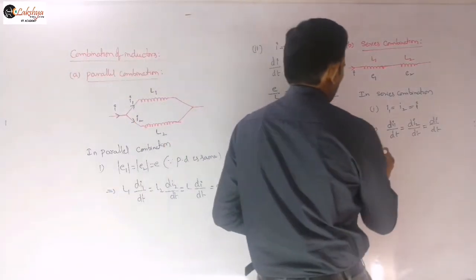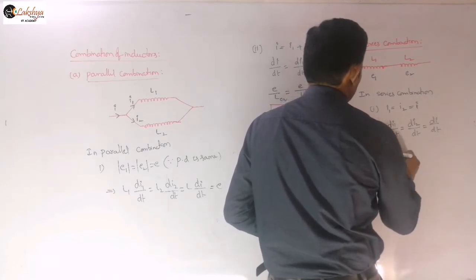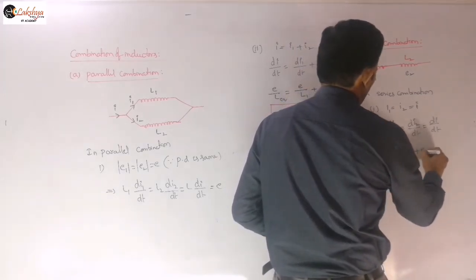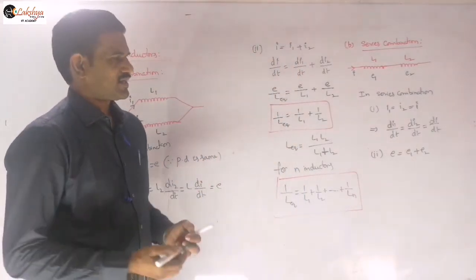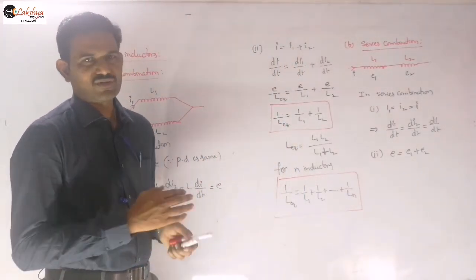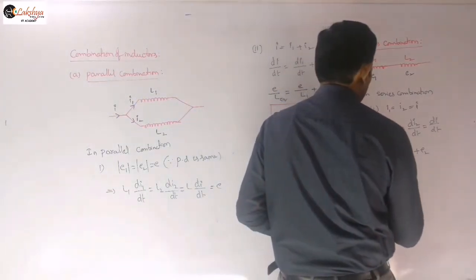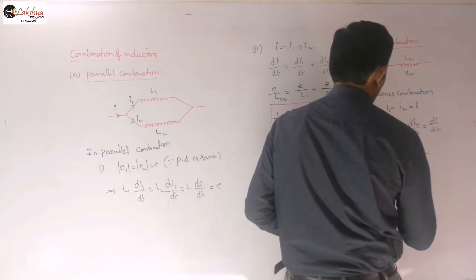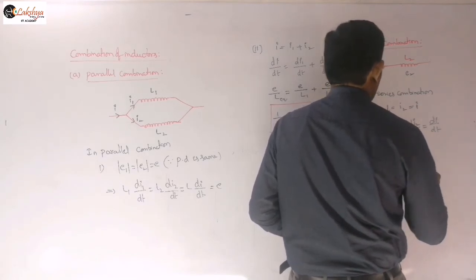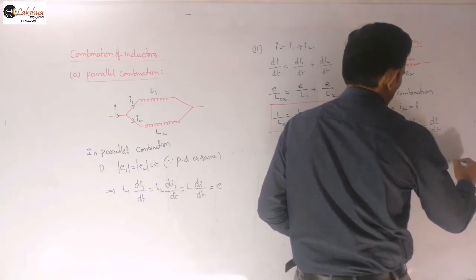And the next point we can mention is the total potential difference here, E is equal to E1 plus E2. I can write the total induced EMF. Like in resistors, total potential difference we mention as V1 plus V2, right? And so here we can write this as minus L into di by dt is equal to minus L1 into di1 by dt minus L2 into di2 by dt, right?